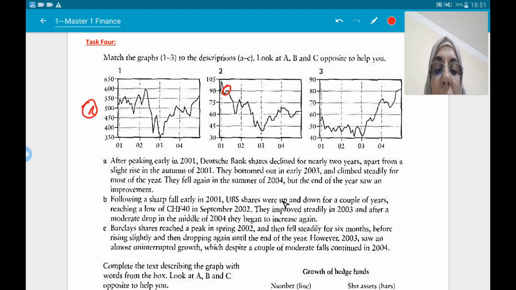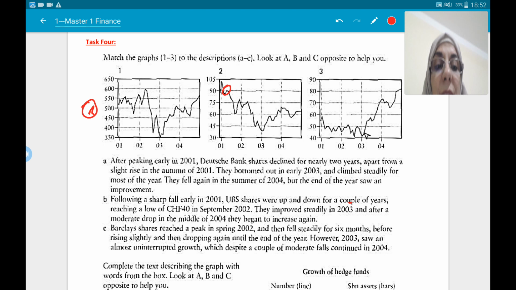UBS shares were up and down for a couple of years, up and down fluctuations, okay? Reaching a low of CHF 14 in September 2002. They improved steadily in 2003. An improvement, a stable one,